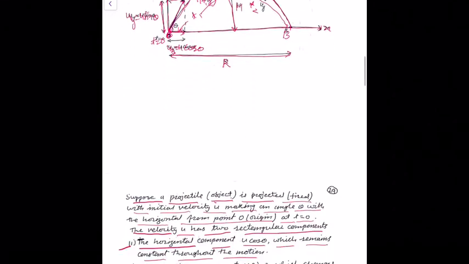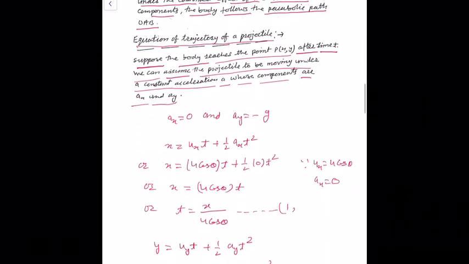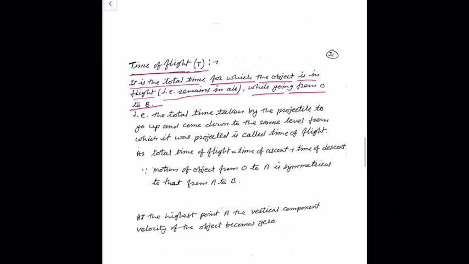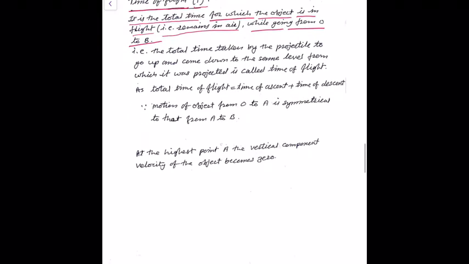So the total time from O to B is called time of flight, meaning capital T equal to T1 plus T2,